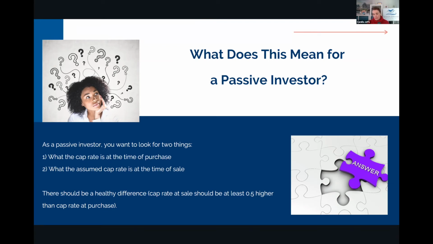What we don't want to see is someone who is valuing it at the exact same cap rate today as it will be in 5 years, because we anticipate what has happened in this COVID environment is it's been great for real estate investors, and it's still great, but a lot of us are thinking that cap rates will decompress, meaning they will start to rise, right? And so you don't want to be caught in a situation where you bought a property and you think it's going to be worth so much in 5 years, and now all of a sudden it's not. And so to conservatively project that, you want to have that healthy difference in those cap rates.